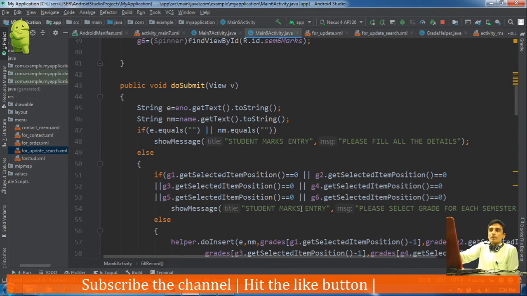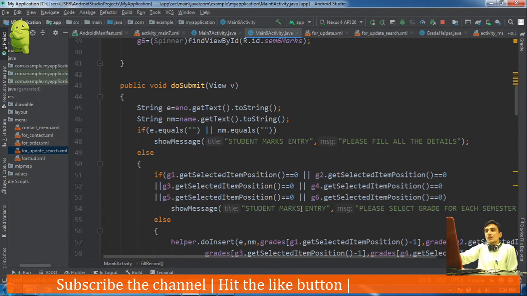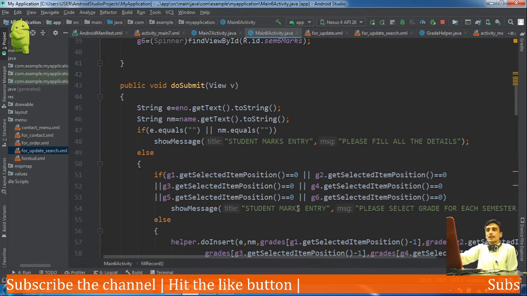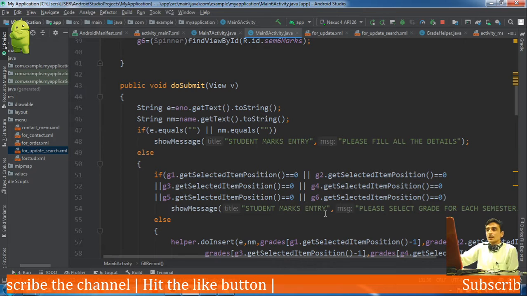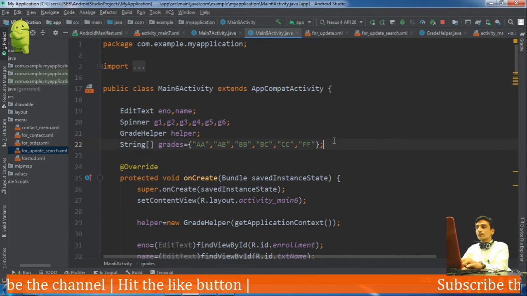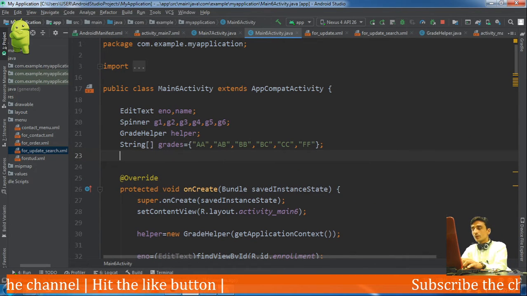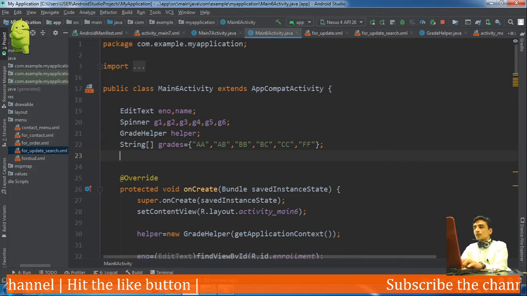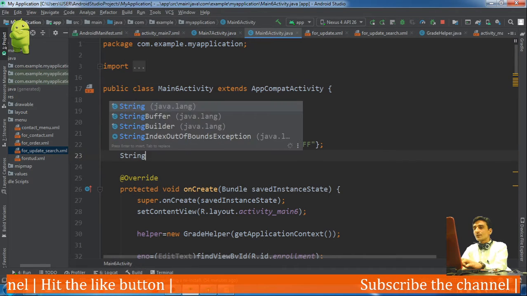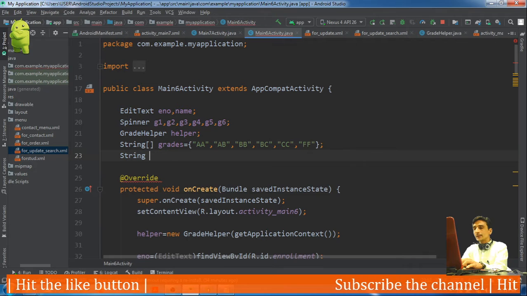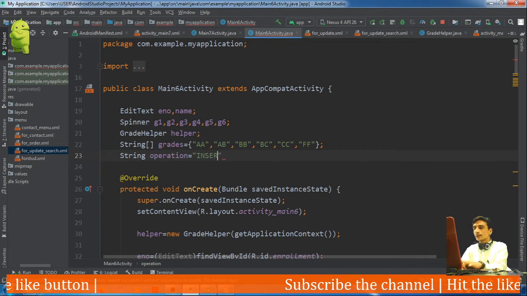insert the record, but now we need to check whether the client has selected submit or selected insert. So we will take one string here, operation equal to insert.